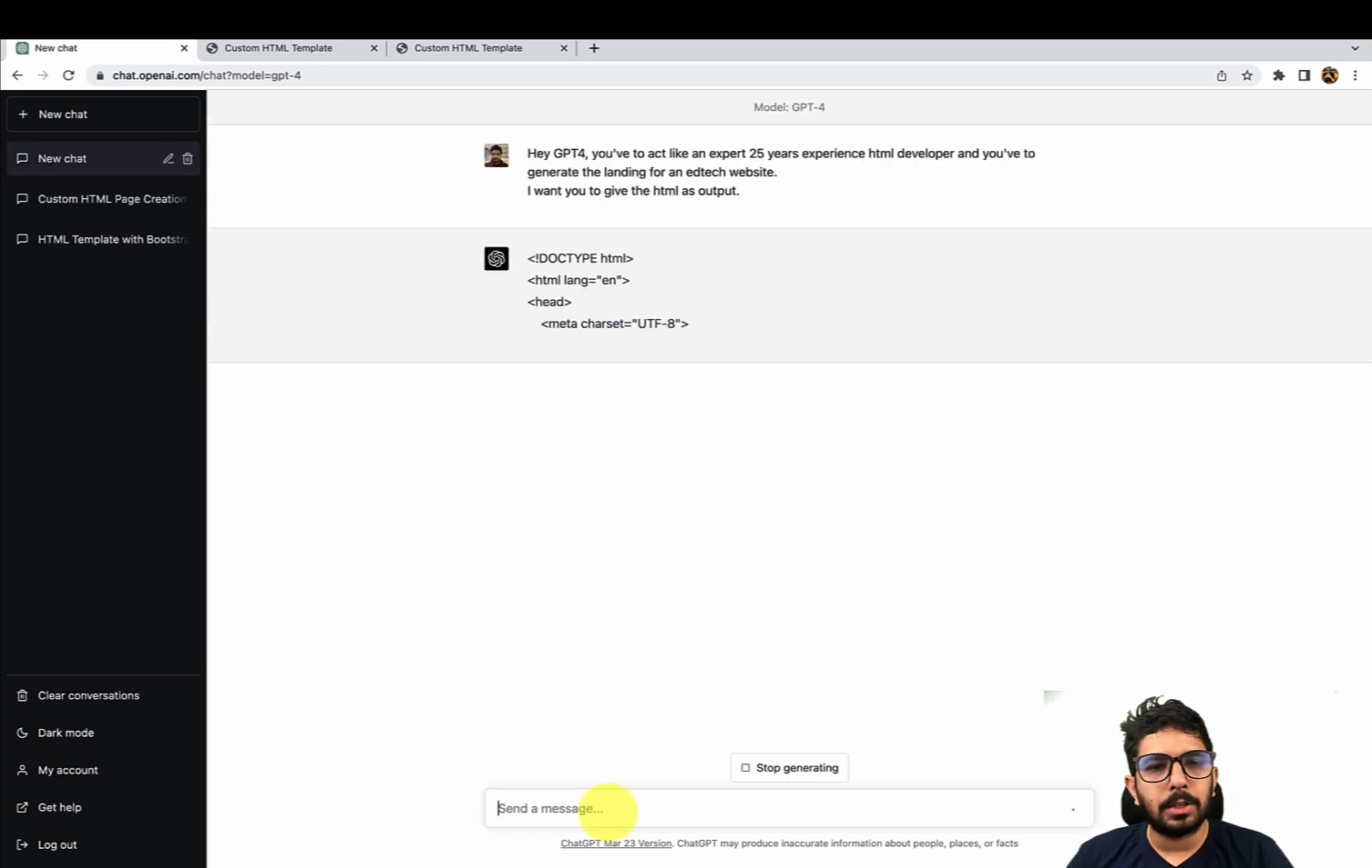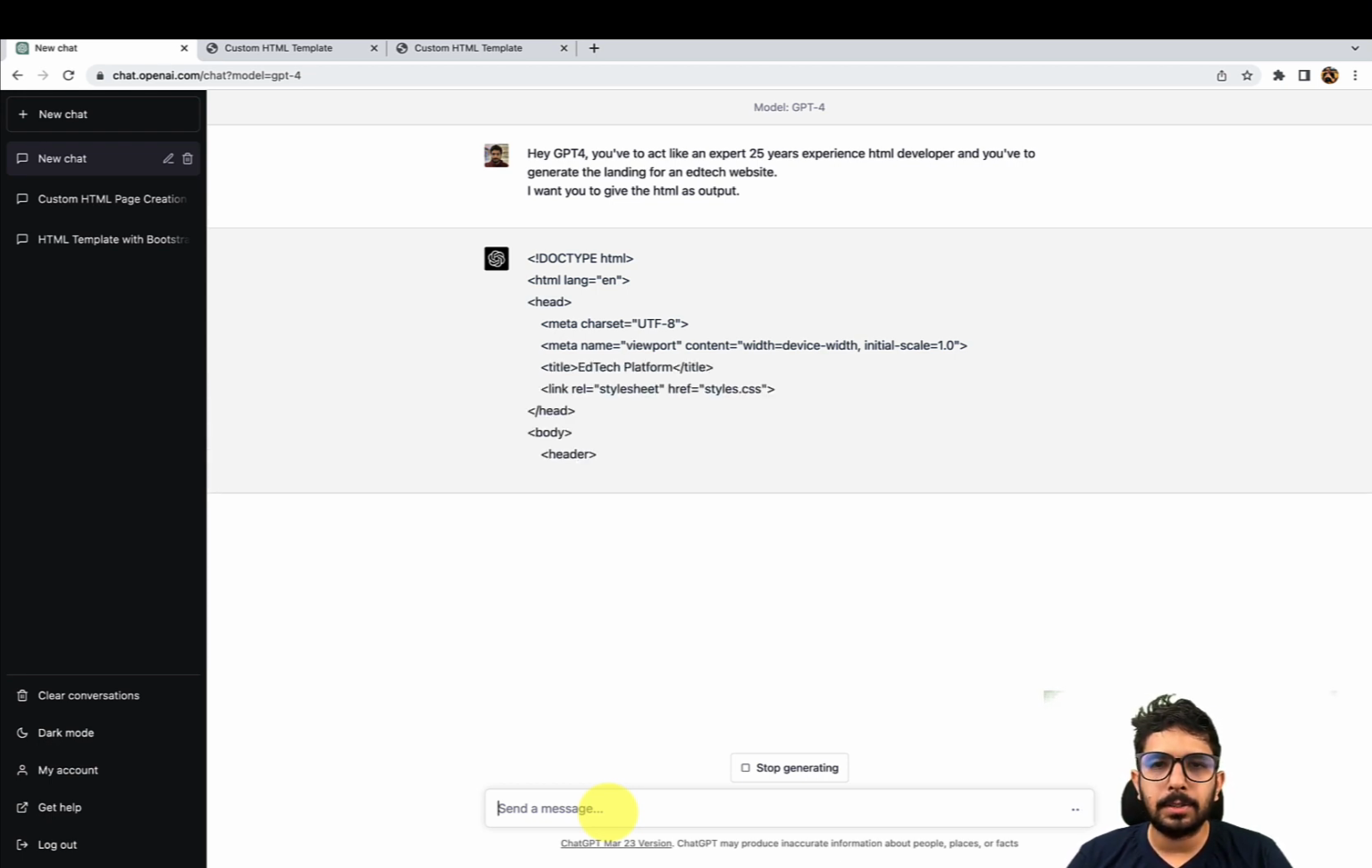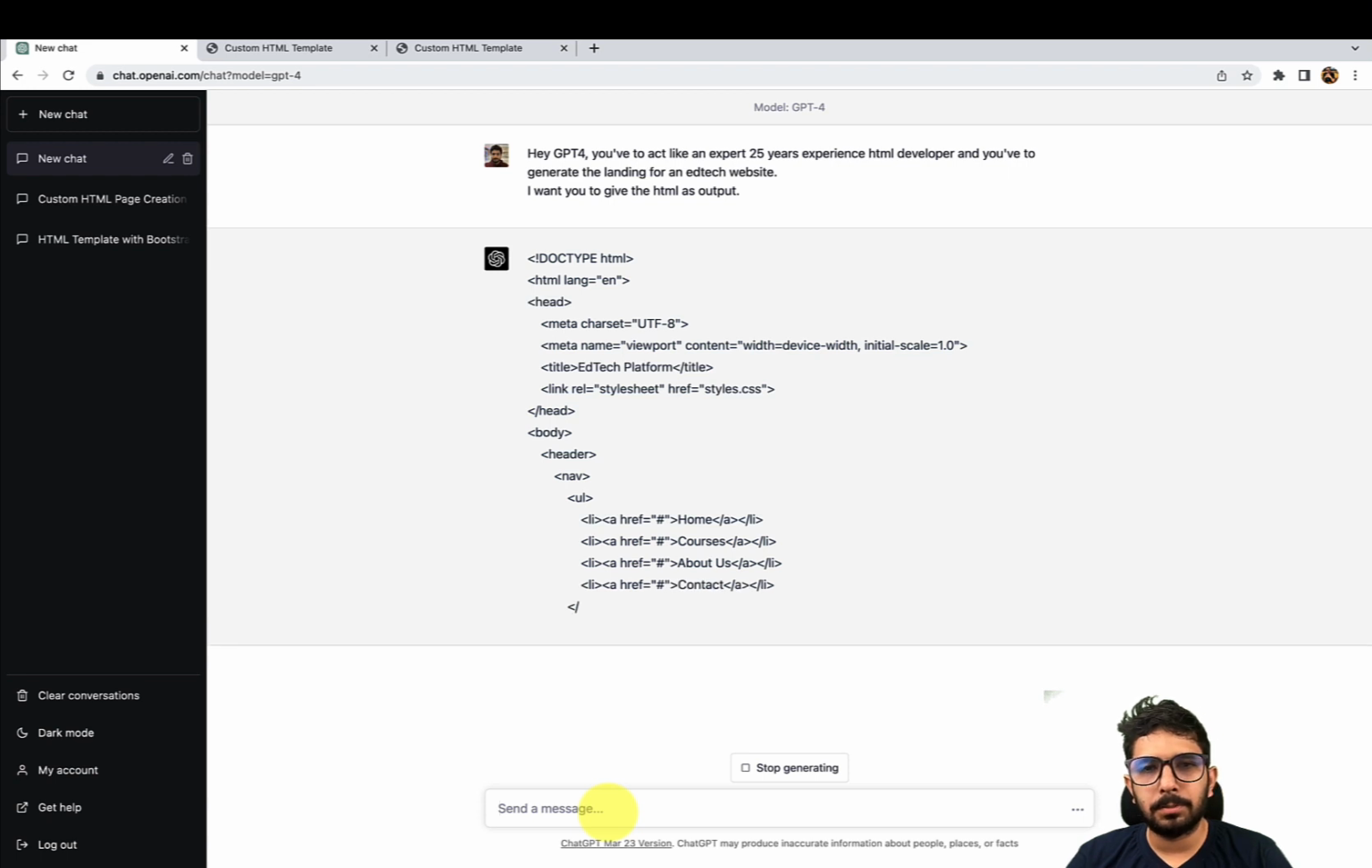Okay, so it has started to generate the HTML right away, which is good. And I have personally never met somebody who's 25 years experienced in HTML, because most of the people are not doing HTML for 25 years. I'm not sure, but yeah,